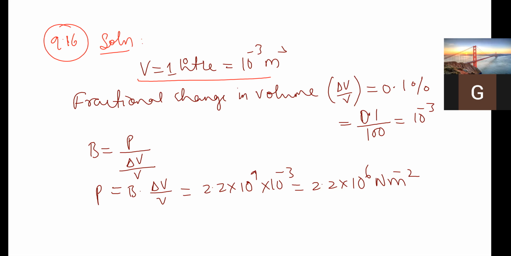0.10% ಅನ್ನ, so now 10 to the power of minus 3 ಹೆಂಗ್ ಬಂತದ 10 to the power of minus 3 ಅಂದ್ರೆ, so 0.01 divided by 100 ಅಂತ ಮಾಡಿದಾಗ, so we are getting 10 to the power of minus 3.